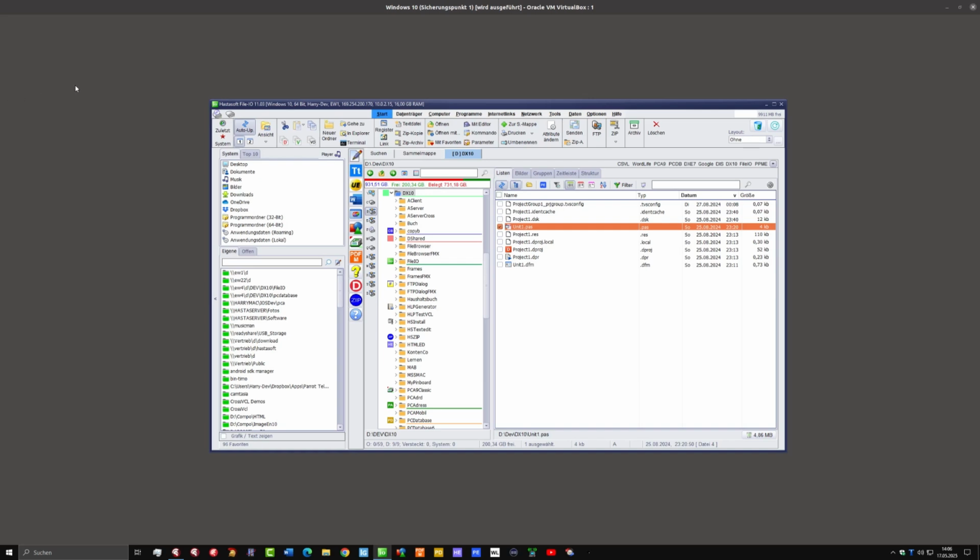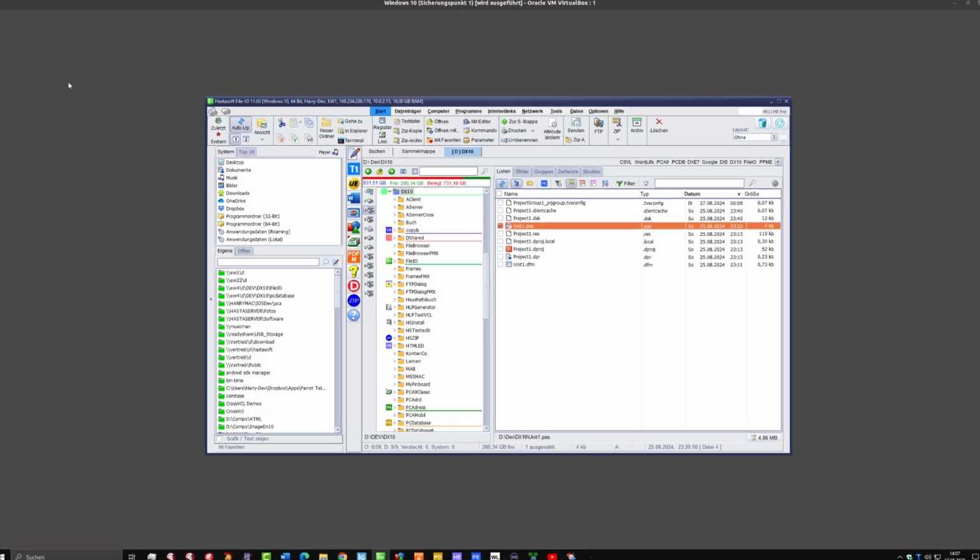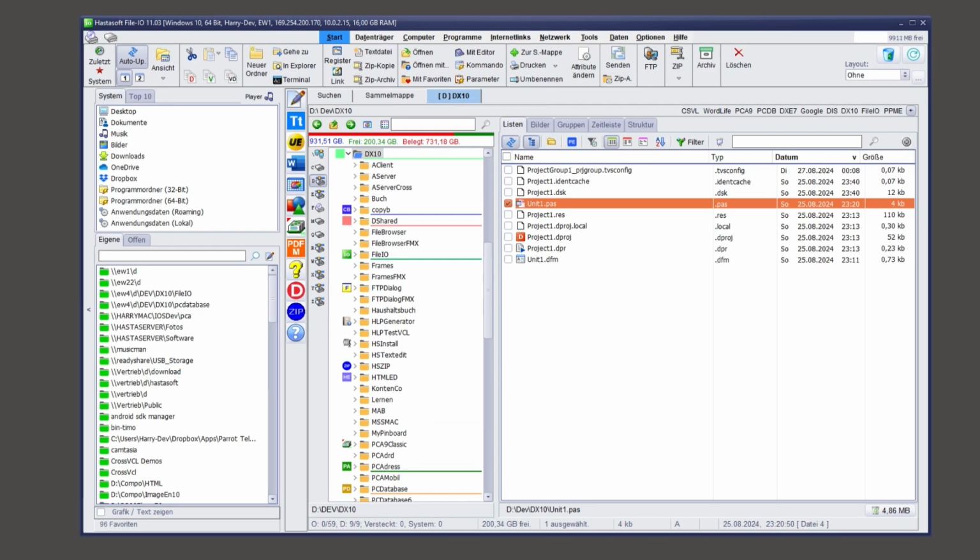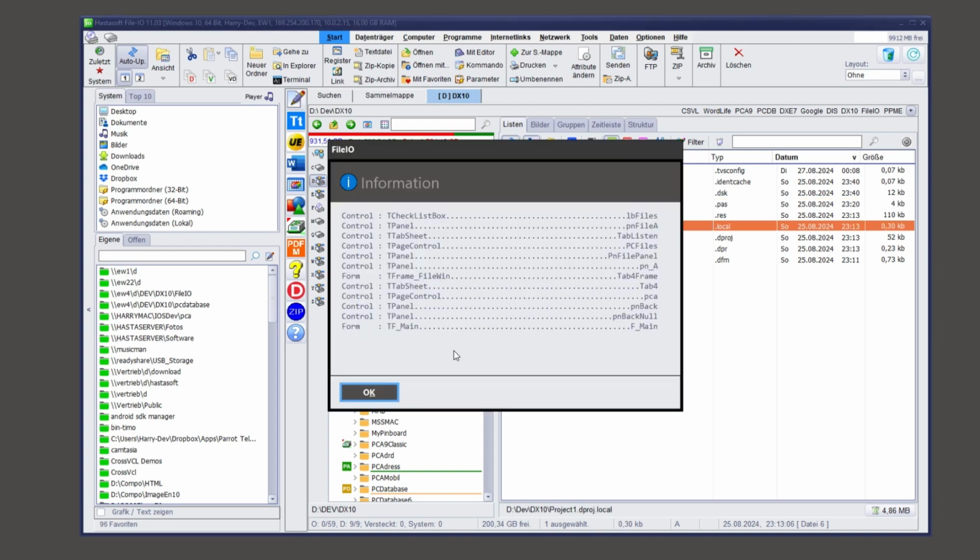Today we have the second part of the video where I show you the solution for VCL programs: how you can collect information of some controls and elements in your running program by pressing a shortcut that you have defined before. For example, here I press my shortcut and now I get all this information about the form, the main form and the panels in it, and at the top you find the TCheckListBox,